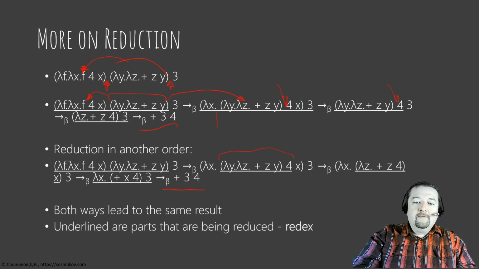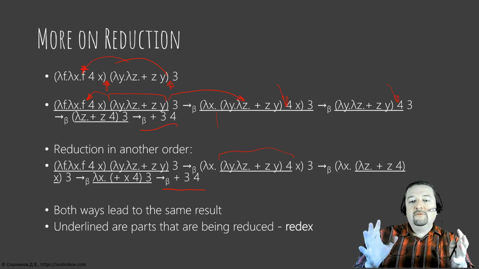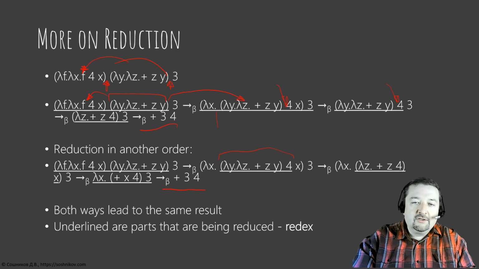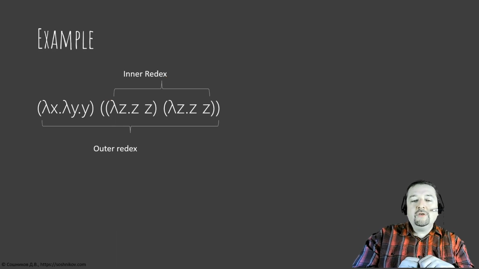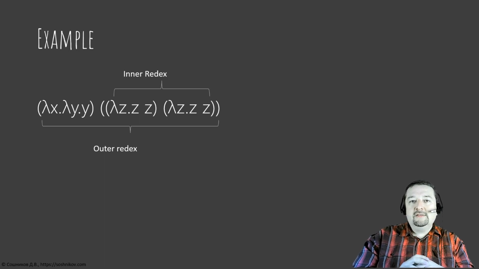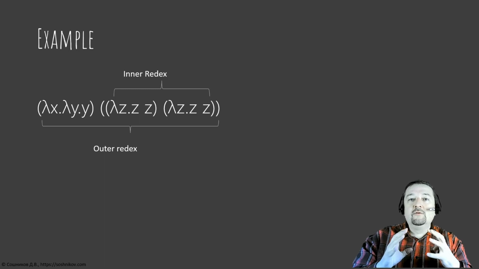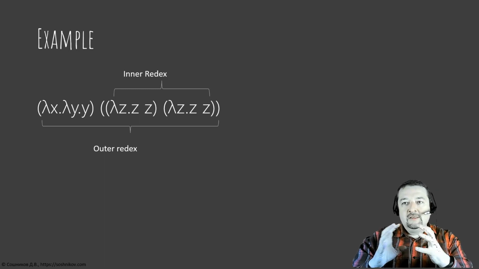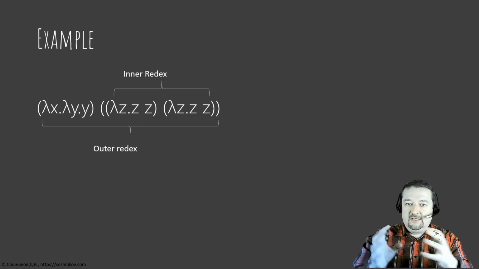Let's talk about that. The part which we reduce, which is underlined here on the slide, is called a redex. A redex is the part of the expression to which you apply a beta reduction step. If you have some expression, you can define so-called inner redexes and outer redexes. The inner redex is the redex which is contained inside some other redex. And if we go further, we arrive at the definition of the innermost redex. The innermost redex is the smallest one, but there could be several of them, just because the expression can be